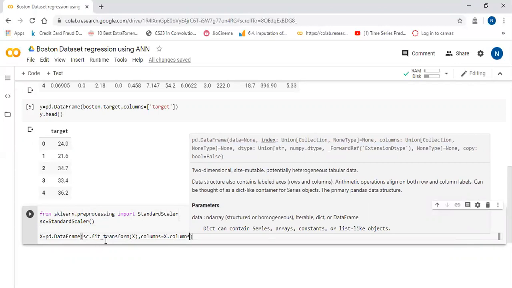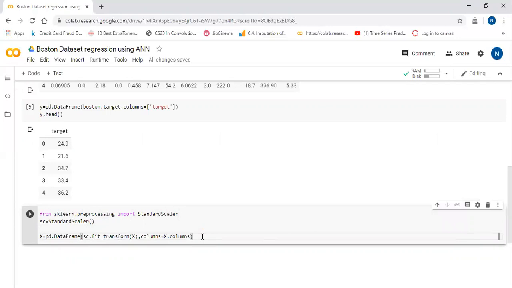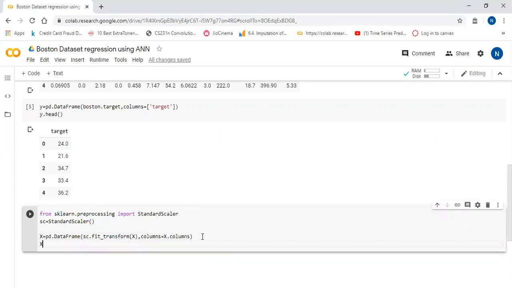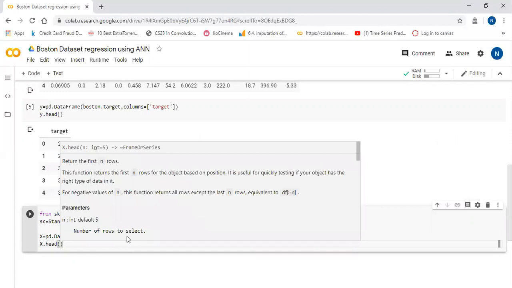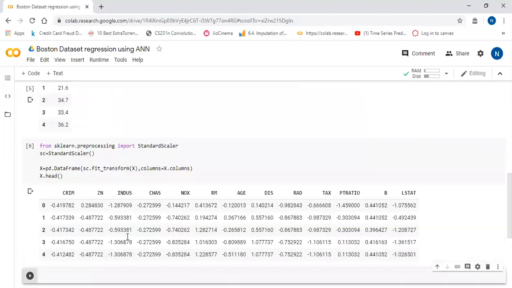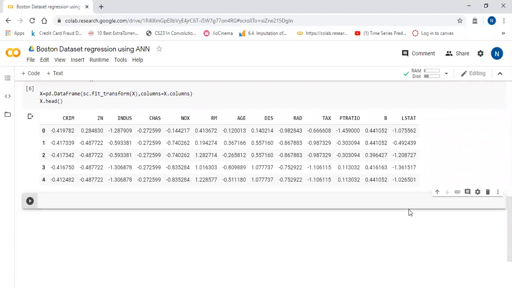I'm creating a data frame again because I need to show some data to you with the column names. Otherwise, you can just apply sc.fit_transform and save it in the X object. That is also fine. X.head. Now you can see our data has been transformed to the standard scaler format. Now our data is ready to fit to the model.